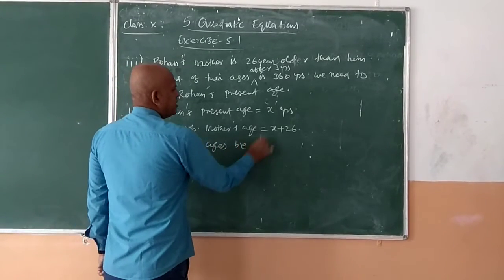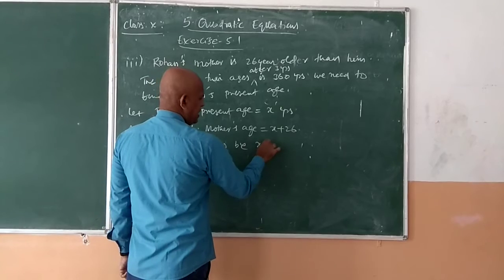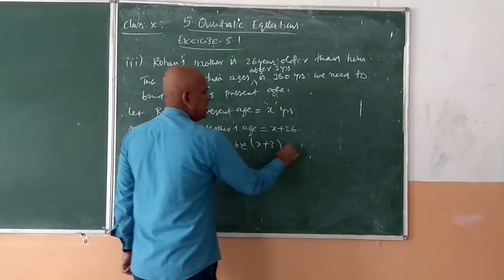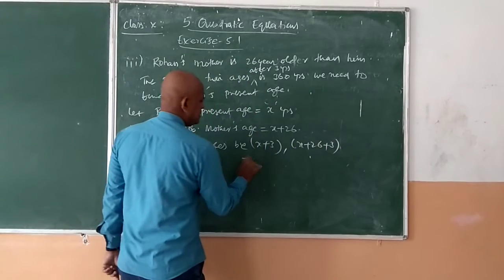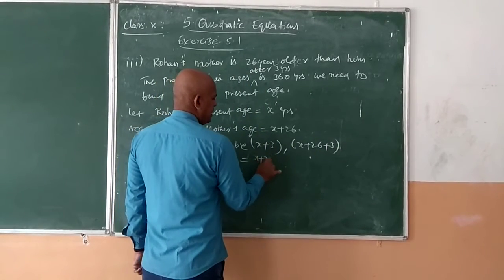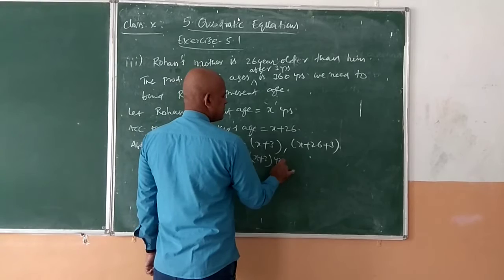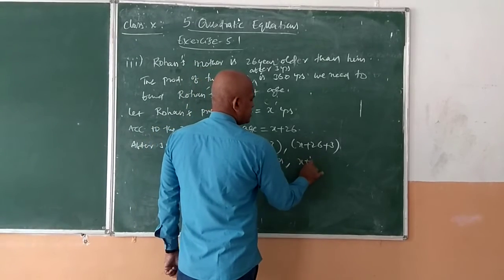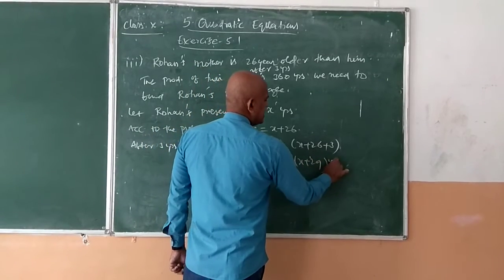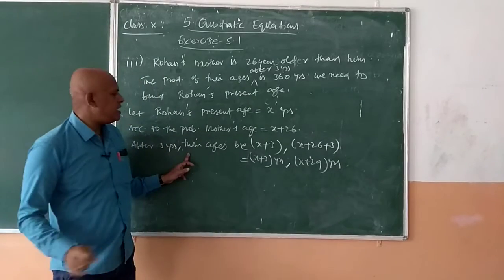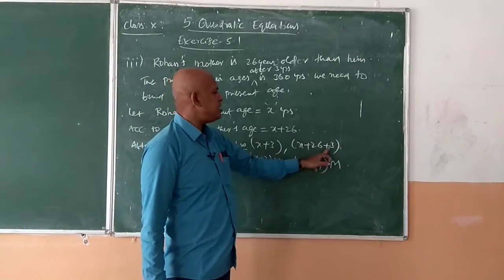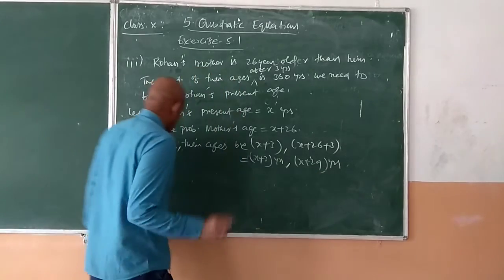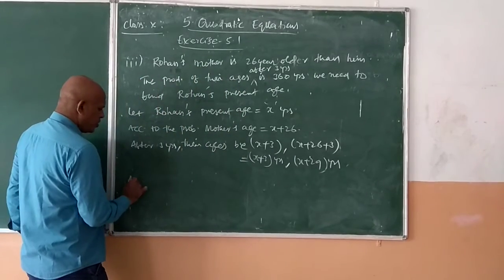For this you add 3 years: x plus 3, comma, x plus 26 plus 3, that is equal to x plus 3 years, comma, x plus 29 years. This is after 3 years. After 3 years, Rohan's age is x plus 3 years and mother's age is x plus 26 plus 3, x plus 29 years. Now, according to the problem,